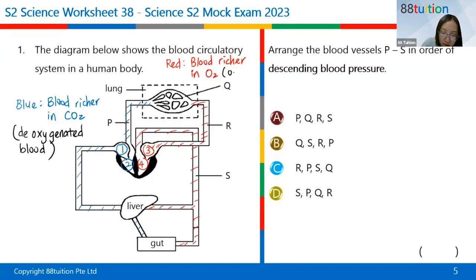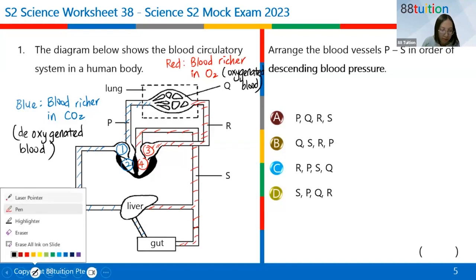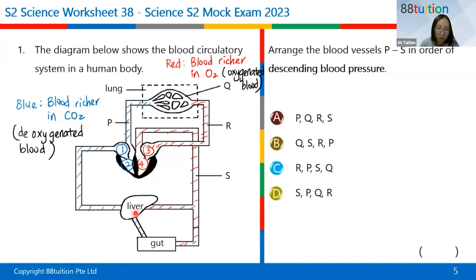Then here will be the oxygenated blood. That means there's a lot of oxygen in the blood, so oxygenated blood. Okay, so this is how, follow my laser pointer. So this is the rest of the body. Liver, gut, every part of your body will produce a lot of carbon dioxide gas. So the carbon dioxide gas produced will follow the blood, will be transported in the blood to the